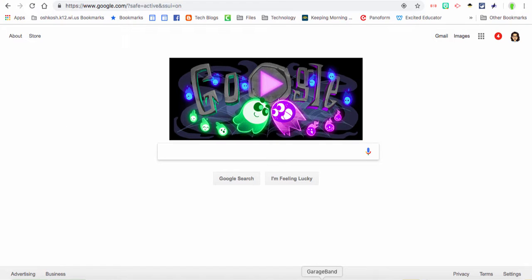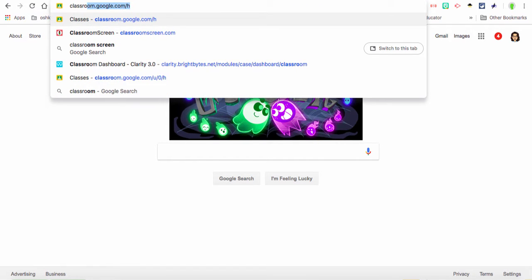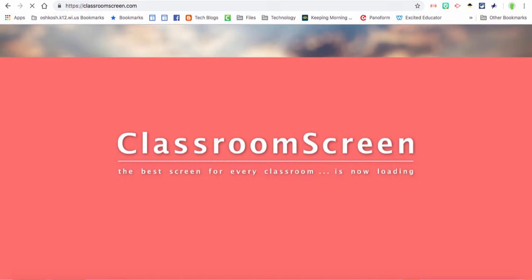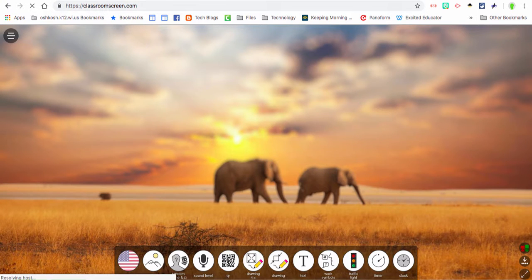So the first thing you're going to do when accessing Classroom Screen is go to www.classroomscreen.com. It does take a couple seconds to load, and once you get to Classroom Screen, this is what you're going to see. Now the background will be different every time. You can adjust that, and I'll show you how that works. But this is going to be the layout of your screen. Everything you're going to build is going to be right in the center location. So going through some of the tools on the bottom that it has,